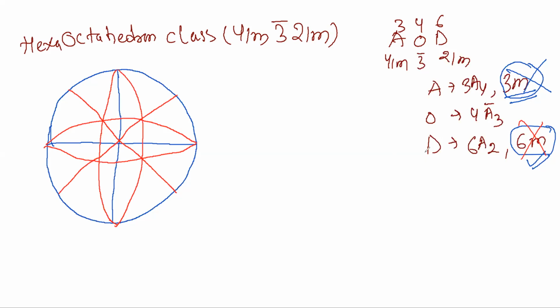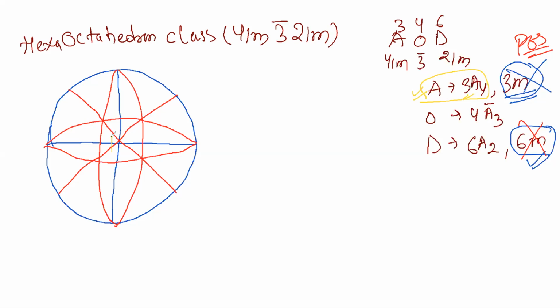Now we have to draw the axis of symmetry. POS we have drawn. First of all, you have to draw the plane of symmetry for your convenience if you want to make it easy, because we have to draw the axis of symmetry only on the axis. So now let's see, we have to draw the axis of symmetry. And first we are drawing on the axis. At the axial position, what we have got? 4-fold symmetry. At how many places? 3 places. So this is the axial position, this is the axial position, this is the axial position.